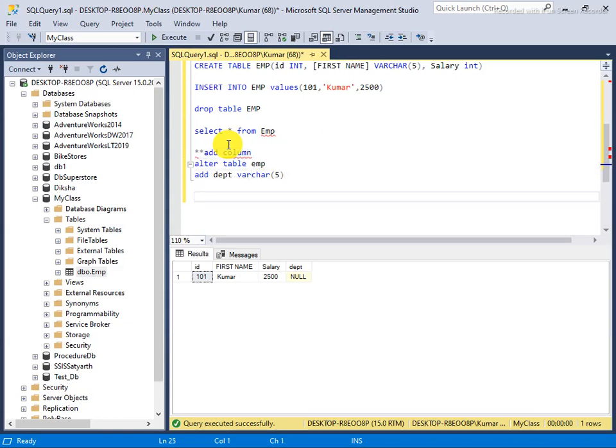And the second thing, like if you want to add multiple columns, it is the same way.